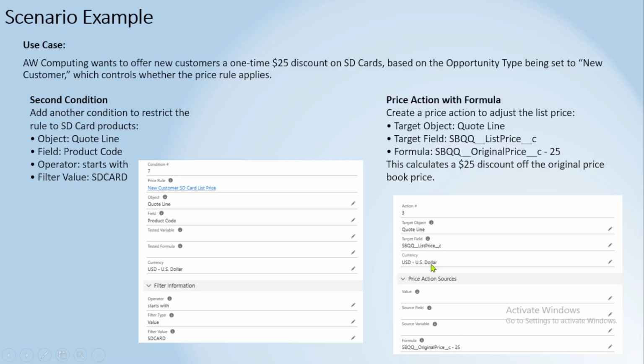So the list price has been changed to 75. Now again I click on the calculate button. Again the original price is the same, because I'm not doing any changes on the original price. 100 minus 25. Again on calculate, the list price will always be 75. That's why we don't take the source and the target the same. Otherwise the recursion problem may occur.